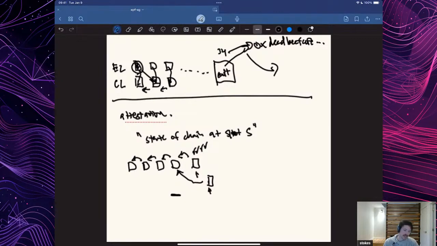The attestations help us here because we can use them as a way to weight these relative chains. Let's say there are 4 attestations, these 4 check marks here, and this block only gets 2 attestations. Very similar to proof of work, we're going to use the stake for each attestation, which is my validator stake in the system, as a score for the block. In this case we'd have 4 votes versus 2, and we would say this is the head of the chain. So as we go to put the next block in the chain, we would build on top of this one. I'll go into this more in depth in a little bit, but ultimately this is the idea of what these attestations are doing.